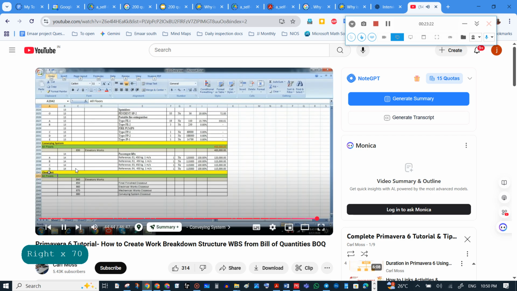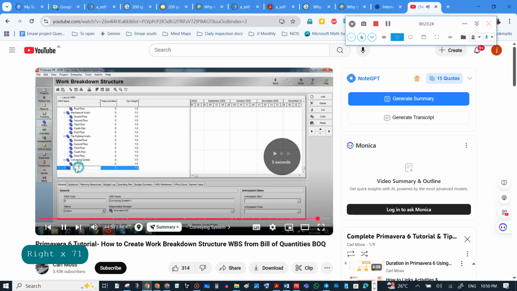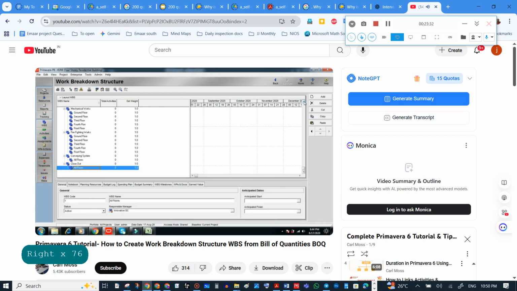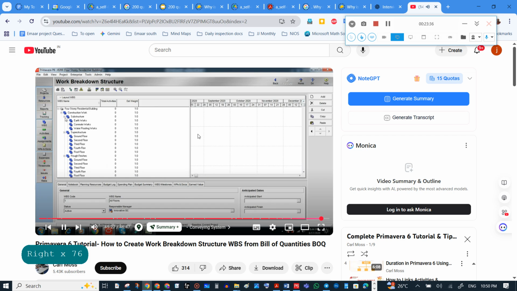Copy, and then close out. So that is Primavera 6 from the bill of quantity. Minimize this to level number 2.